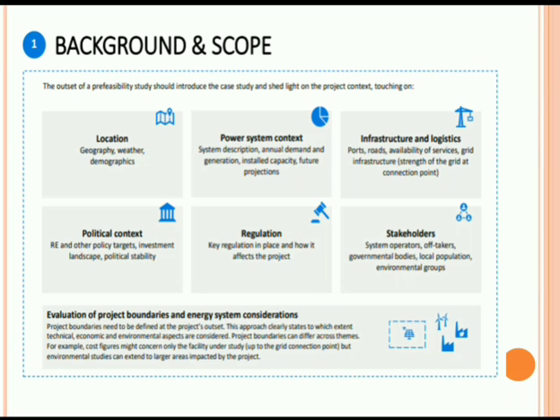We will be checking on all the terms. Infrastructure and logistics: in this, ports, roads, availability of the services, grid infrastructure, all this will be taken into consideration. Then we will see the political context, which means we will see whether the project is politically stable or not. Regulation: key regulation in place and how it affects the project. After that, stakeholders will also be taken into consideration: the system operators, offtakers, government bodies, local population, environmental groups. All these persons come under the stakeholders, and we will be checking on the stakeholders about the project feasibility study,